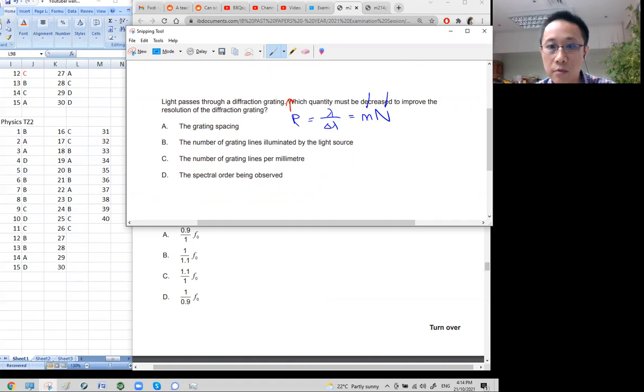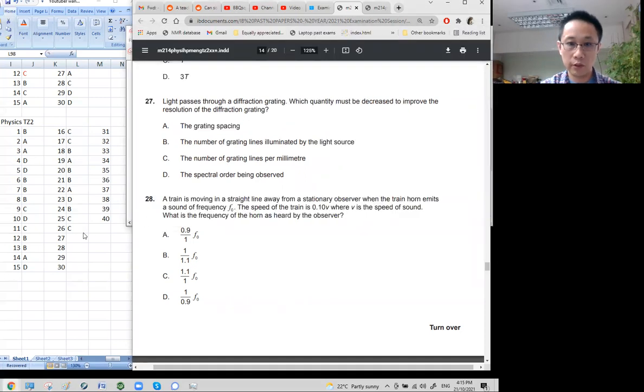You either increase m or you increase N. But then they want you to decrease something. I guess if you decrease the grating spacing, that means you're fitting more lines within the same length. So the same beam width will end up illuminating more slits. So the answer should be